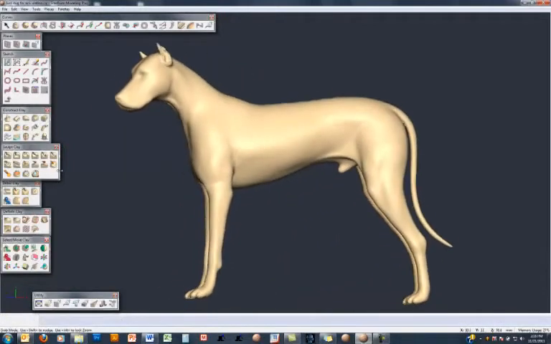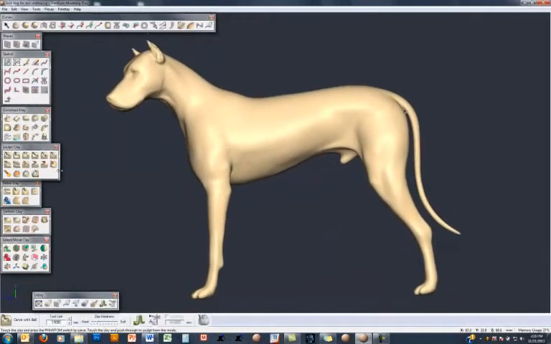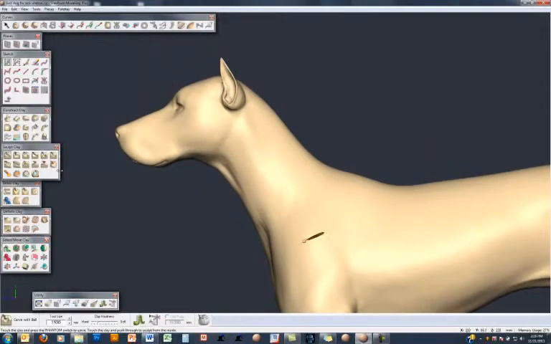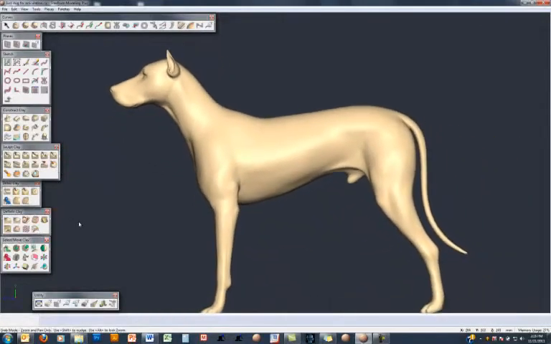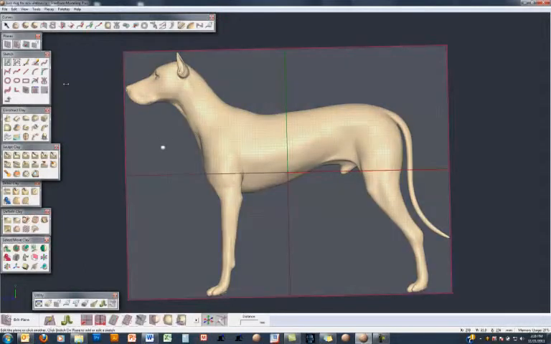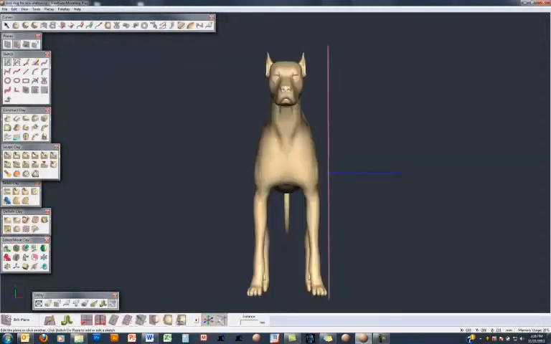So let's undo that, and then we can come back and start to look at some of the options in detail. The first option I want to take a look at is ways in which we control the placement of that widget. So if I make myself a plane and put that plane in the middle of the model,